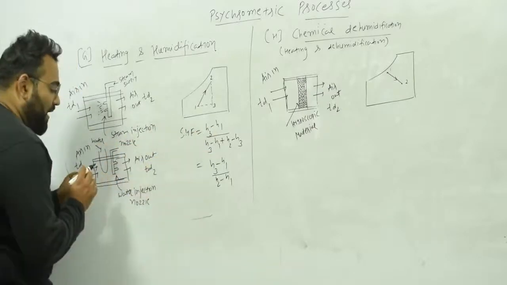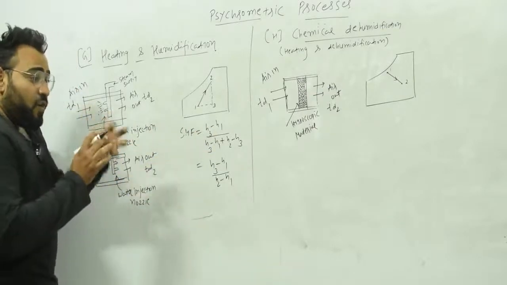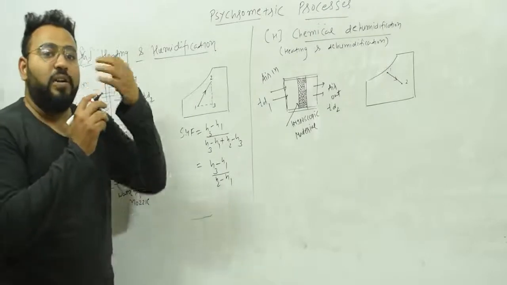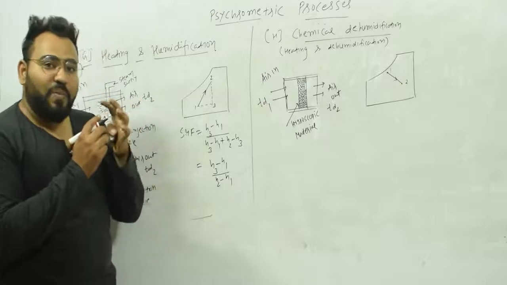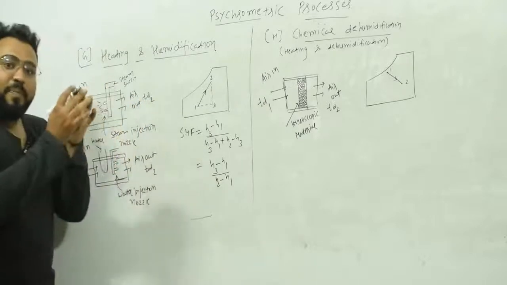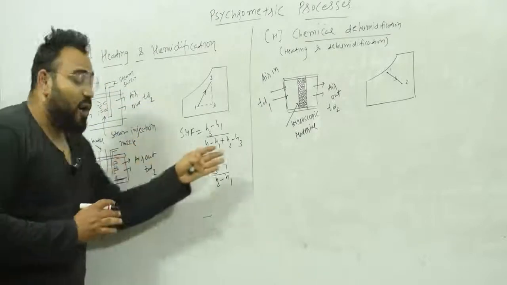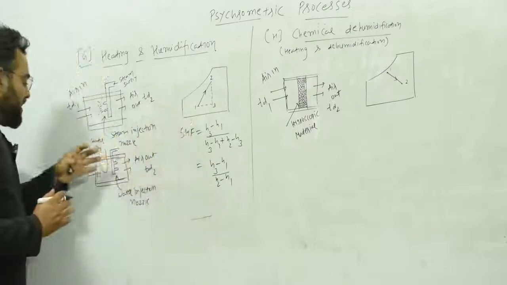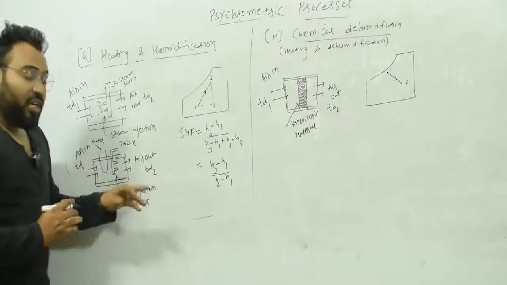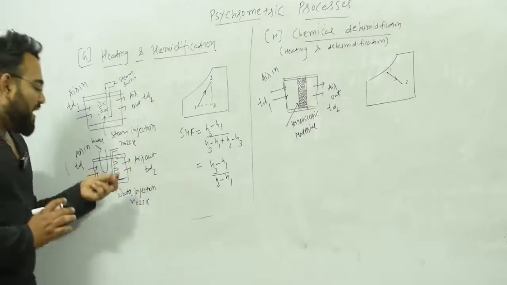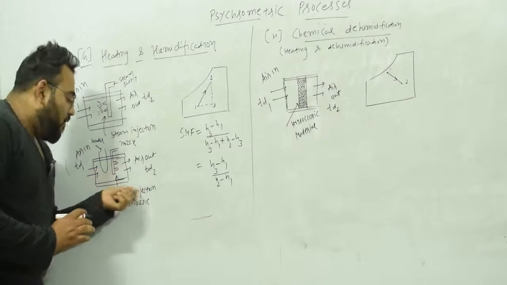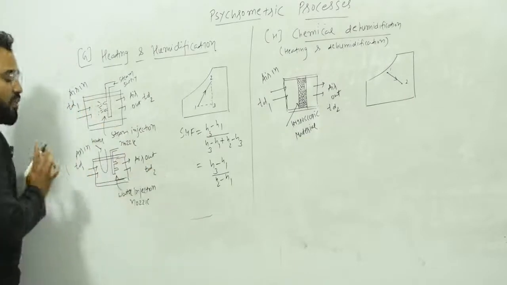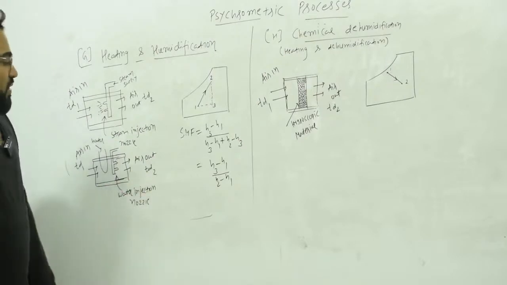So what will happen? As we know, when the water comes into contact with the hot air, some of the water will be converted into what? Water vapor, after absorbing heat. That water vapor is going to be mixed with the air when it comes out, and also the temperature goes down a little bit, so not as much as it comes in with TD1. So here TD2 is always going to be greater than TD1, but only a little bit, because you are applying a water spray, so the temperature is decreased slightly, but your TD2 is always going to be greater than TD1. So this is how you can do it.